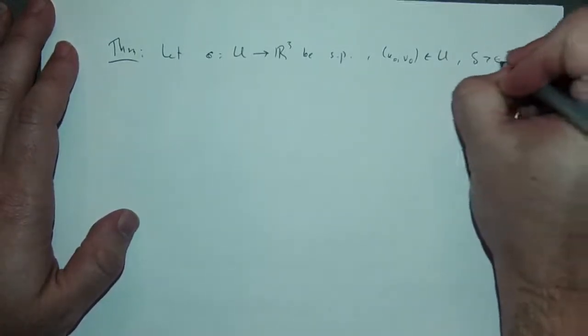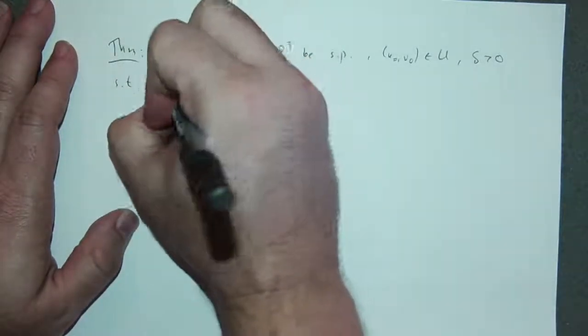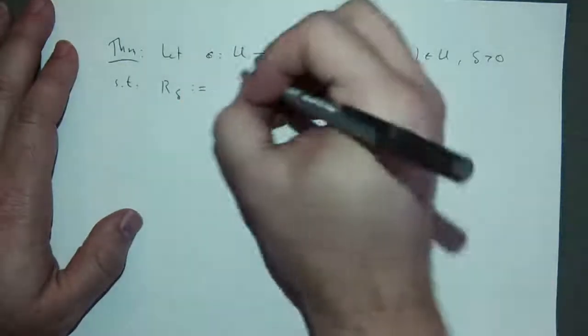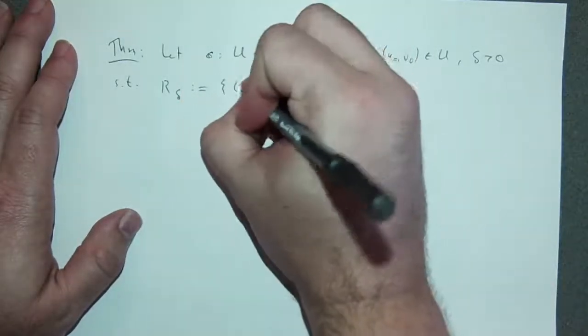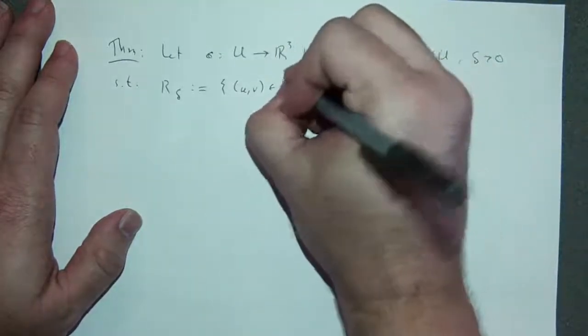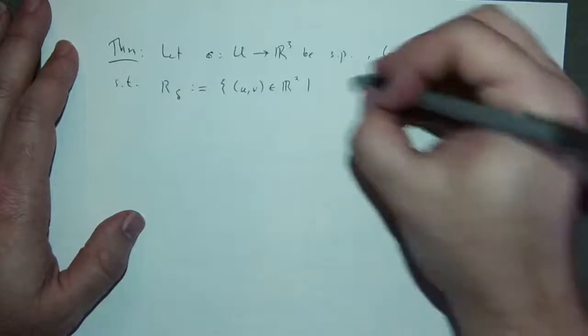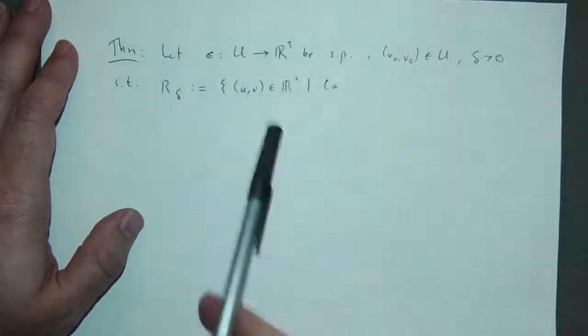Let delta be positive such that R sub delta is defined to be the set of (u, v) in the plane such that